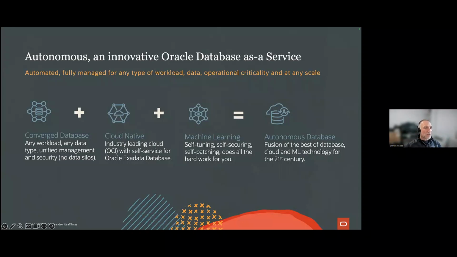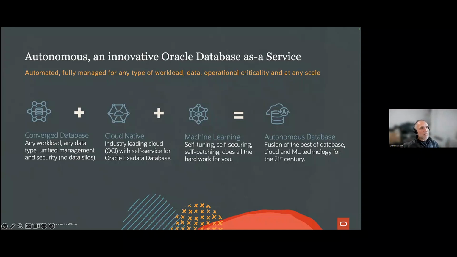Now, why autonomous? Because we added a layer of automation on top, machine learning. So you don't have to worry about a lot of things that you would have to worry about with an on-prem system. A lot of things are happening automatically for you: automatic indexing, automatic scaling if you configure it, being self-fixing when there are issues, etc. So it's, as I'm saying there in the slide, the fusion of the best of database, cloud, and machine learning technology for the 21st century.